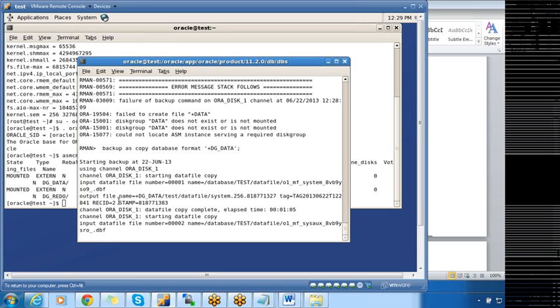Okay, so if you see here, the output file is dg_data followed by the database name followed by the data file.